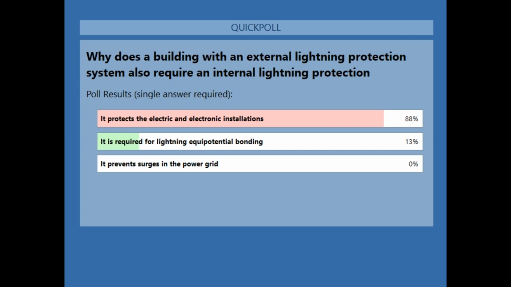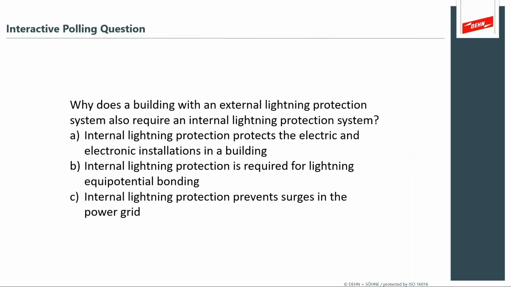And then question C, internal lightning protection prevents surges in the power grid. Well, in a manner of speaking, it prevents things that are inside the building from going back out. Yes, but that's actually more rare. But in effect, if you're a solar power plant, you have internal lightning protection. You have SPDs on the transformers feeding the grid. So that answer may actually be the most important answer if you're in one market or another. So what's good to see is that our answers really help